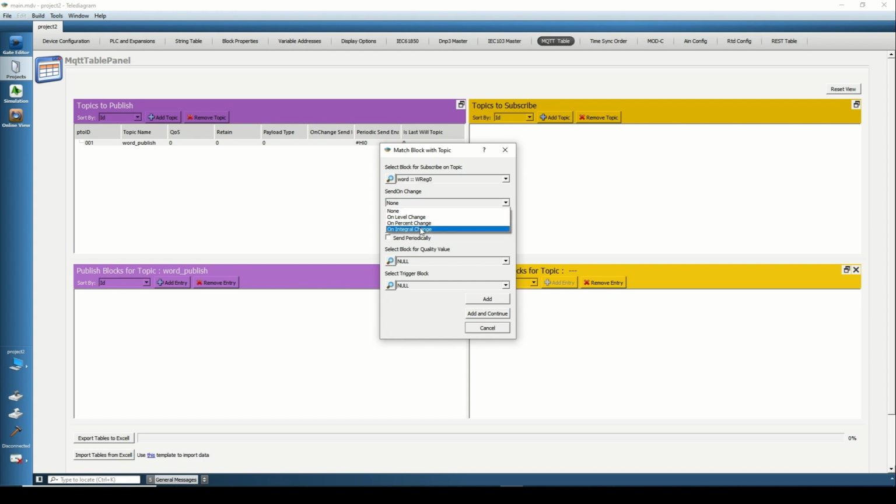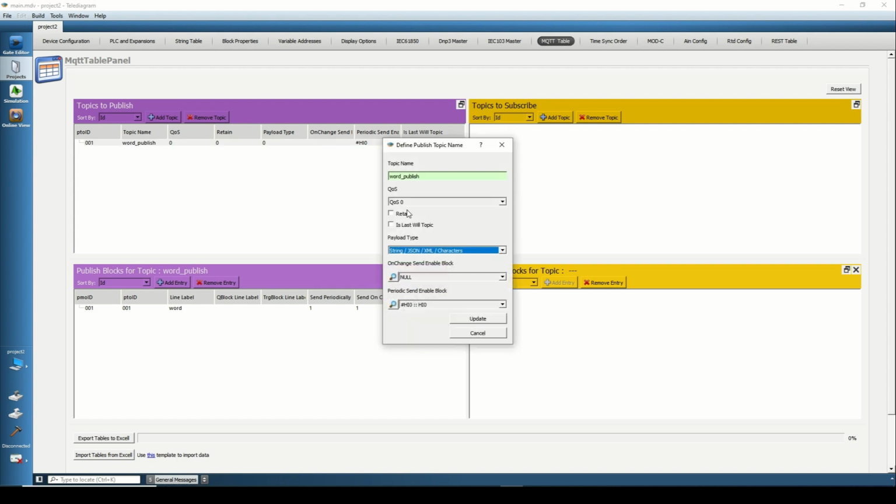Here, we select the word block to publish and determine whether the change will be integral, percentage, or level. If the selection before requires quality information to be transferred, enter the relevant area. If you want this information to be carried in periodic transmission, you can mark this option.